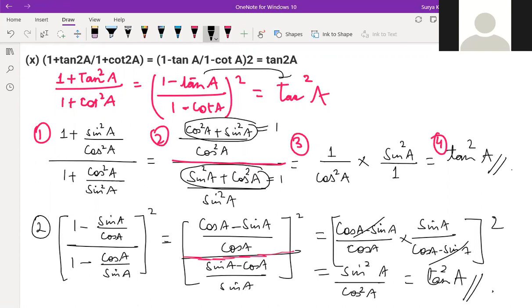So those who are having doubt, they can ask, children, fast. Just see this and tell me where you are having doubt. No one is having doubt. Whole chapter got finished, children. Almost everything. Now we are going to do some extra questions based on this.